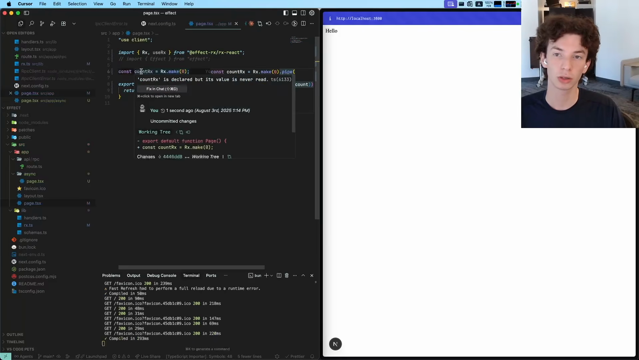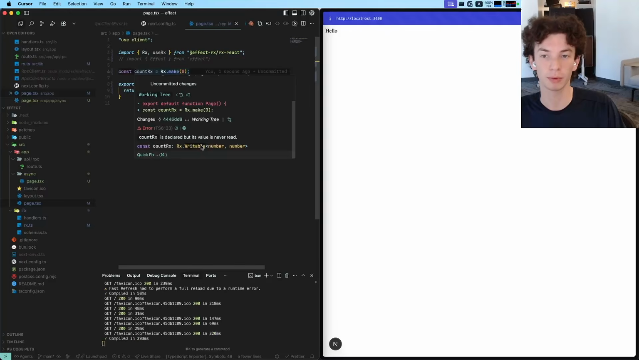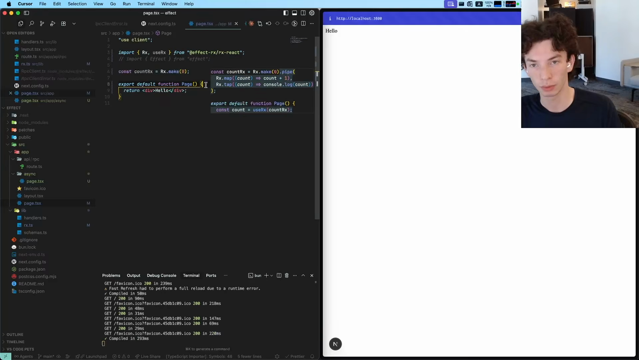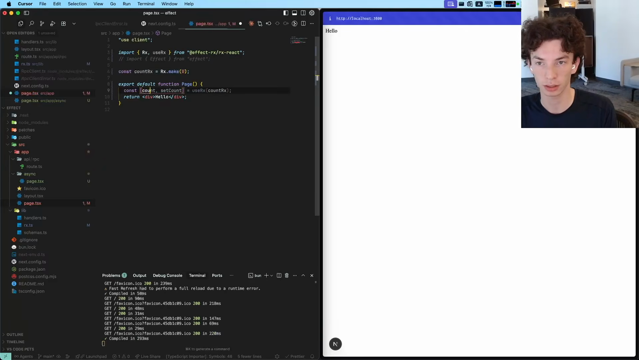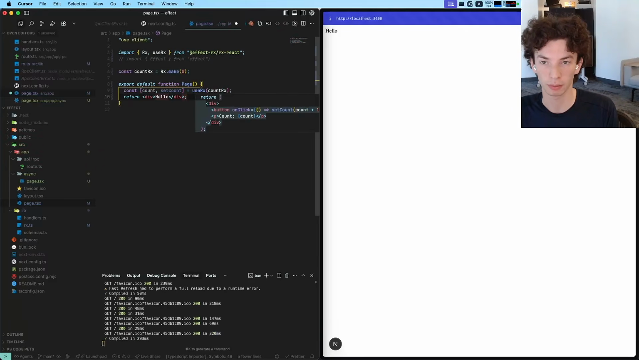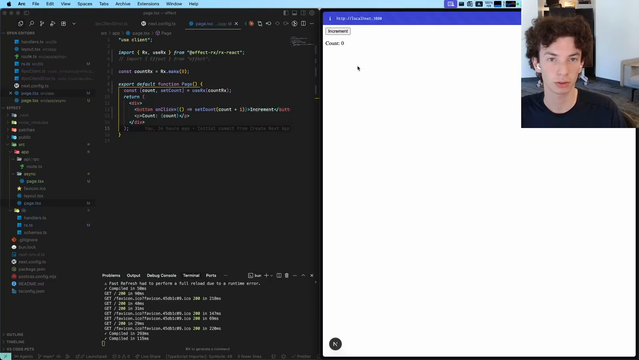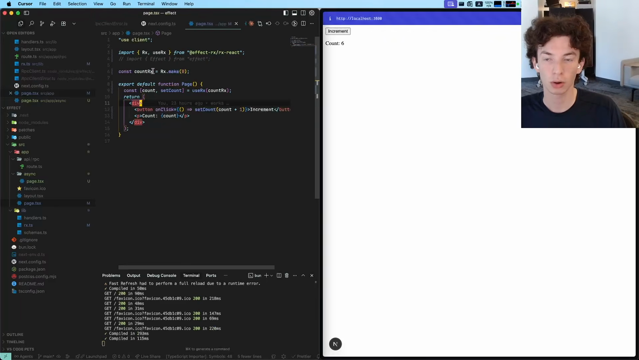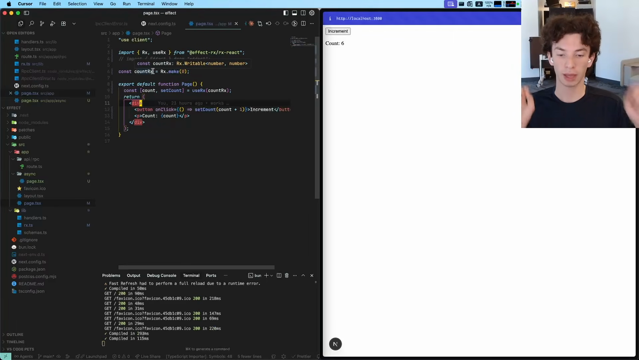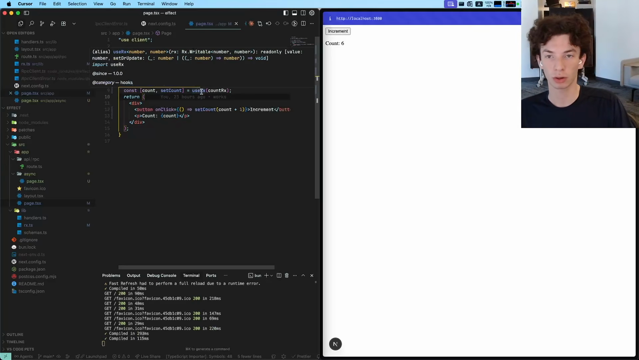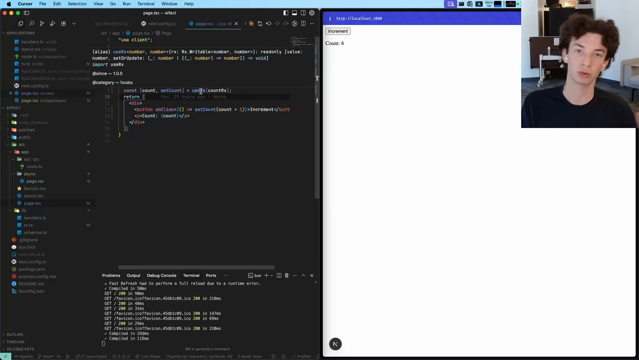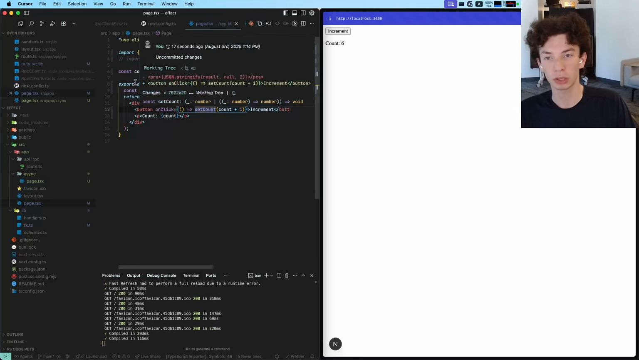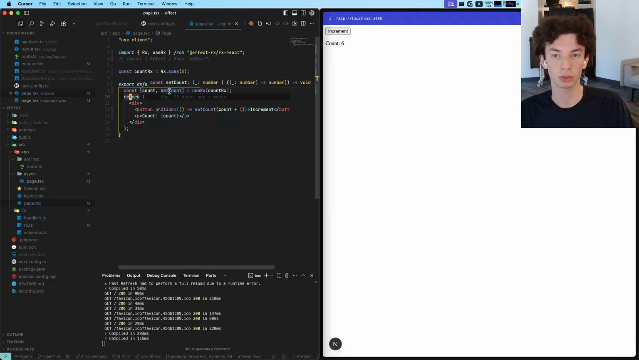And this will return an RX writable. So we can start by saying const count, set count. And then we can look at that. There you go. Thank you, Cursor. An RX is a reactive piece of state, and a writable is an RX that you can read from and write to. Then there are these hooks: use RX, use RX set, and use RX value. What these do is give you back the value and a function to write to the value